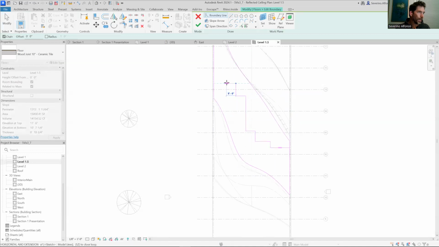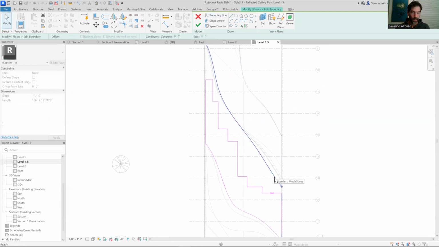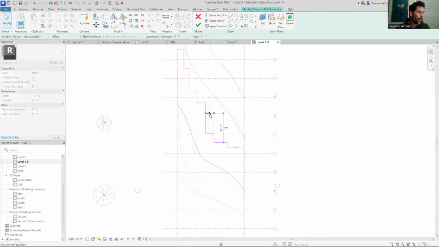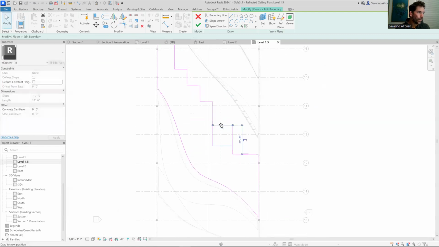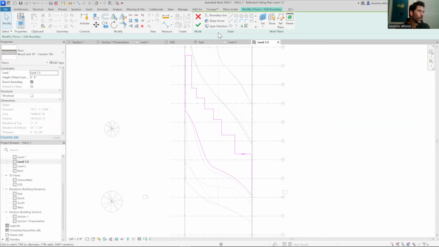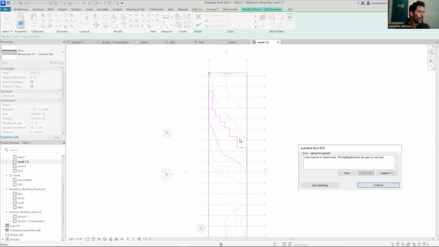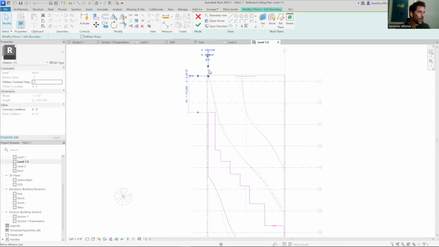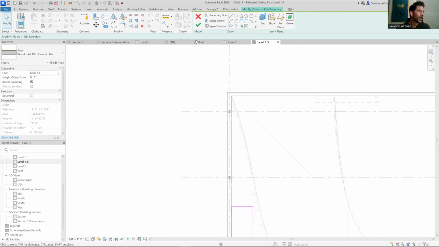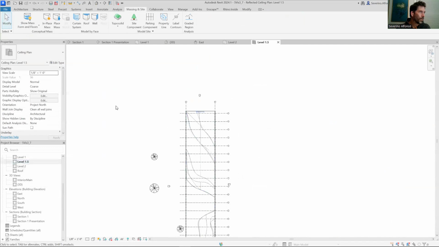And this is being done here by hand, not necessarily by the feature of the masses. So I'm just reinventing that floor altogether. I don't necessarily want to use the conceptual masses for that one, so I could be more playful about how I organize those things. Line must be closed loop, so probably there's a point there. Continue. We got this little thing there. Say okay. And now I have some kind of a weird, interesting floor plan